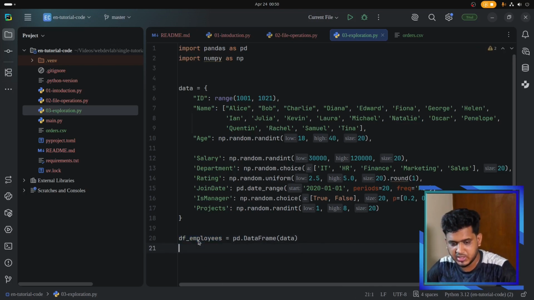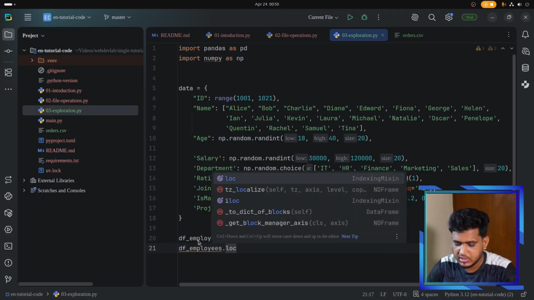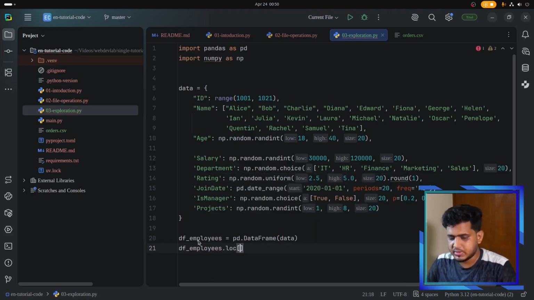Let me just copy this and paste it below here. Here I'm going to use this method loc. With this we need to do it like this. In the square bracket in here, we need to specify the index number, which is going to be 2. In index 2,